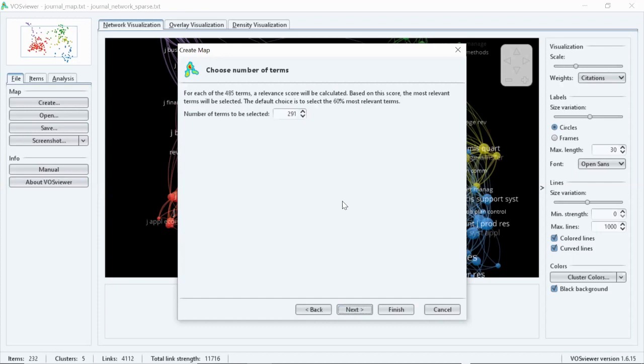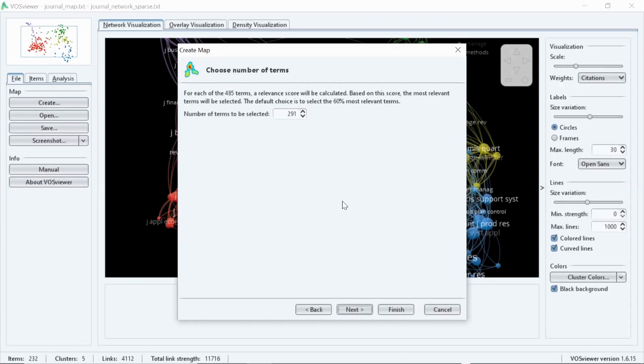So again, it is asking for 485 terms a relevance score. Relevance score will be calculated for all the terms. Only the most relevant scores will be selected for further analysis, and the selection will be based on 60% of the top relevant scores. 60% of 485 will result in 291 terms.